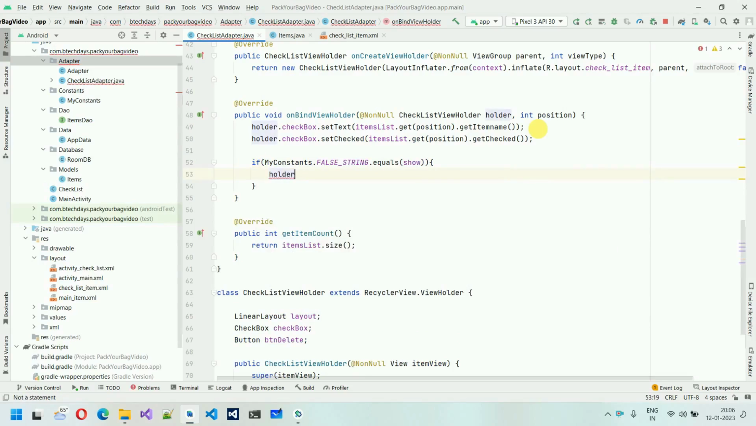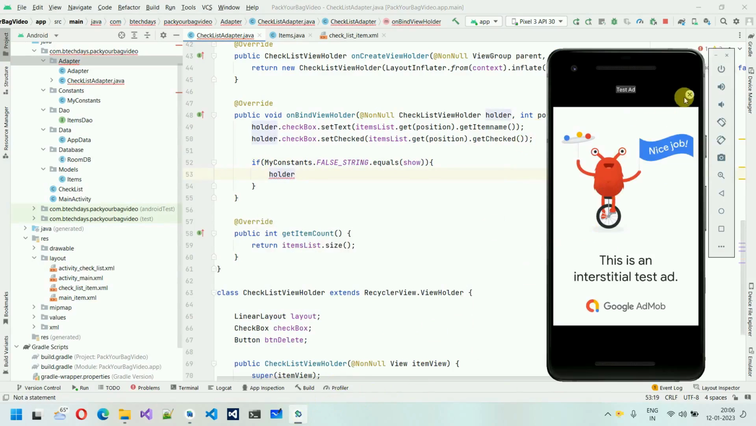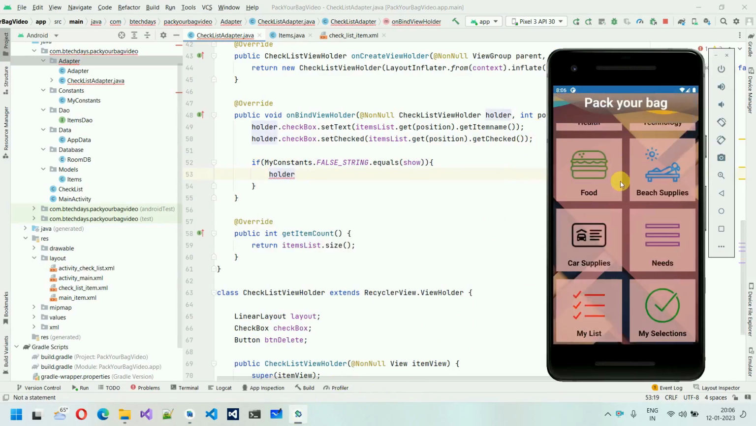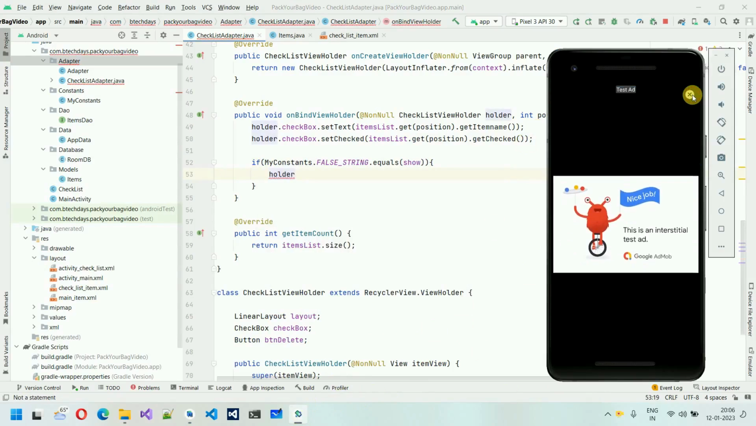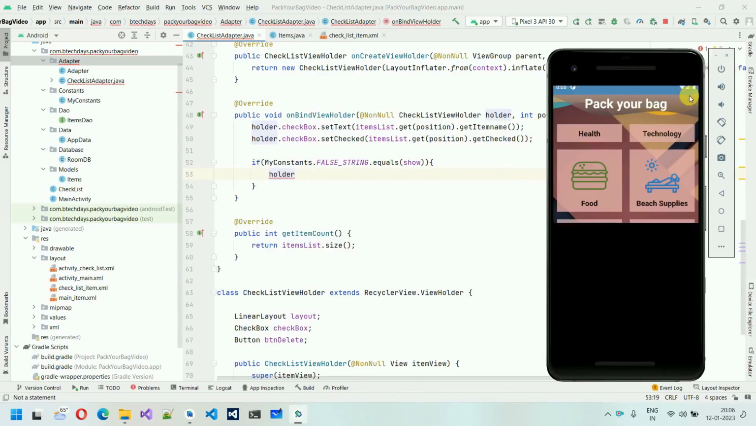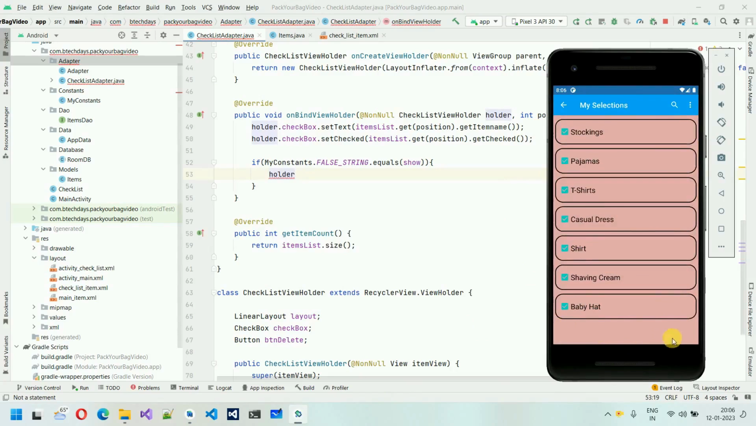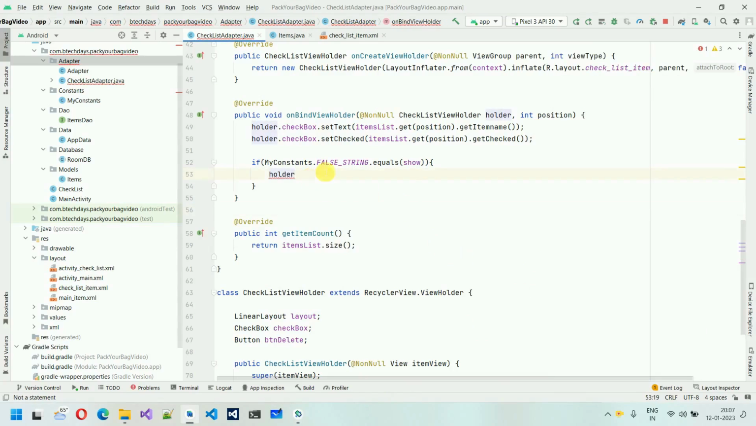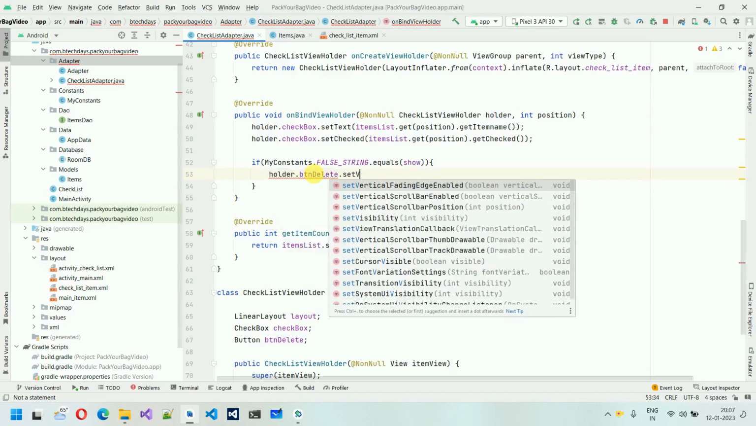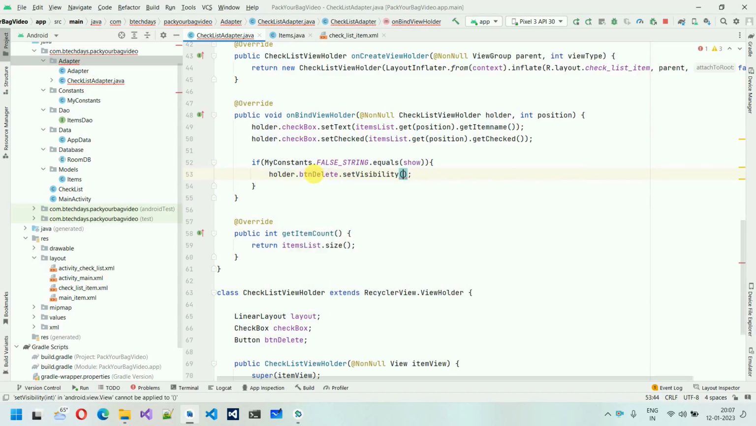So you must have observed that if we move back over here, let me just close this. We just close, this is the complete app, right? So here what I want to show is, if I go to this my selections, you can observe that in the bottom we don't have that button and other stuff, right? So we have to hide it whenever this show is false, right? So holder dot btn delete dot set visibility view dot gone,